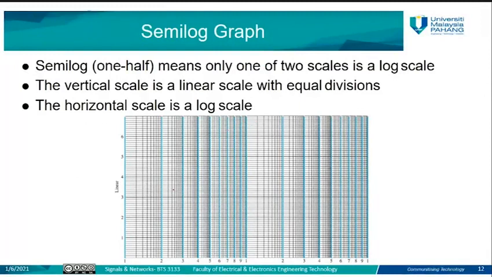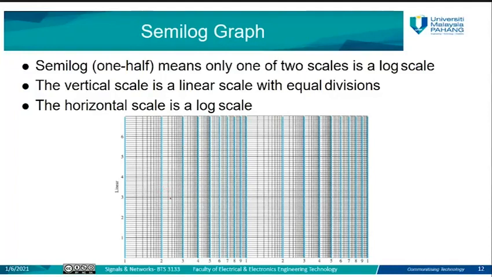Usually it comes with a small division. It's not like the normal graph paper. The normal graph paper has an equal distance between each two lines, for example 1 centimeter squares. So this 1 centimeter, in the horizontal or in the vertical, is the same. But for the semi-log paper here, the representation depends on the log